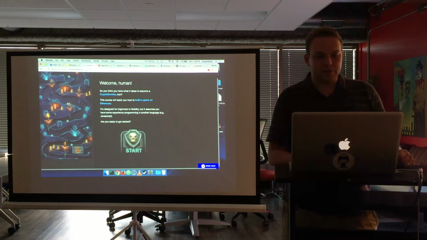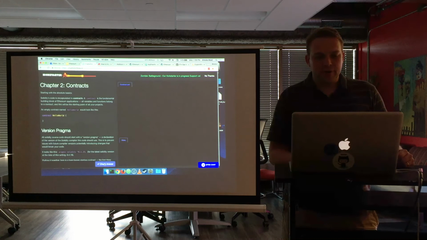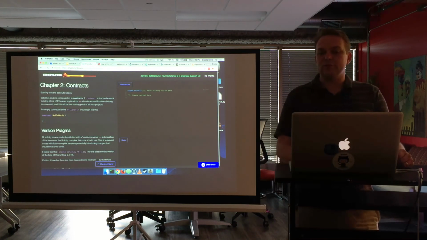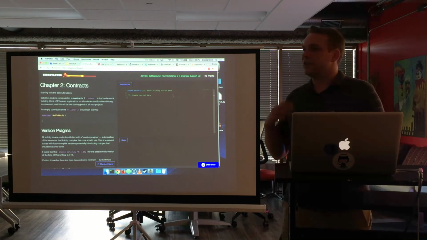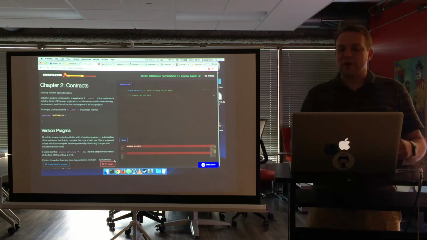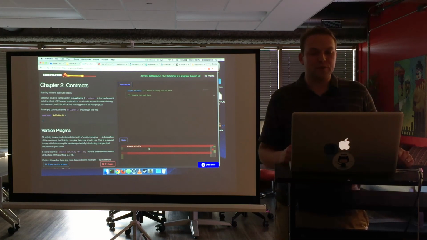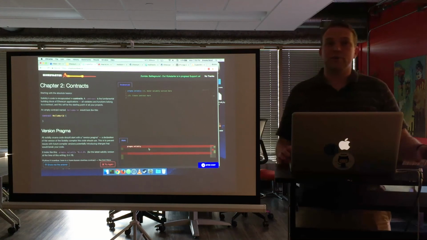I'll not sign in, just to start here. So it walks you through the idea of starting with a contract. It gives you instructions on one side and a Solidity editor on the right, steps you through, and checks to make sure you actually did it. Nope, you've got some errors, so you go through and write your piece of code. So it's a very nice walkthrough tutorial for getting started with Solidity, which is the language that most contracts are written in.